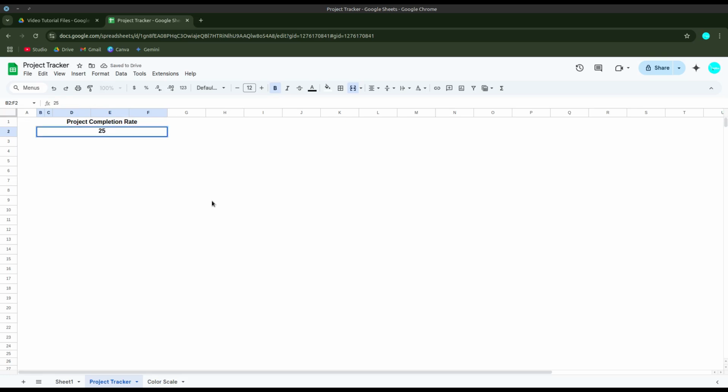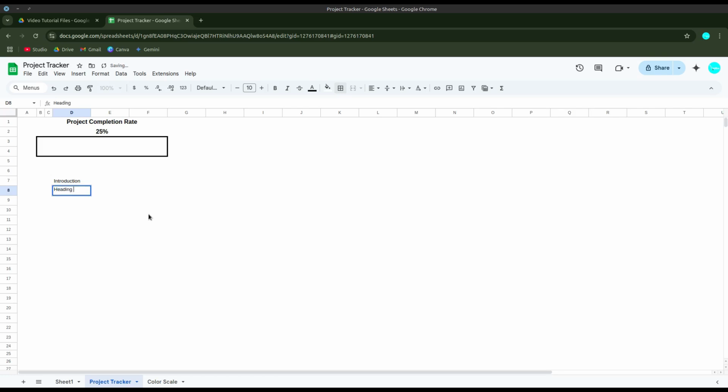Let's type 25% here, and we are going to place our graphical bar. Let's choose a thicker line and make outer borders here, and here let's type our first heading, which is introduction,